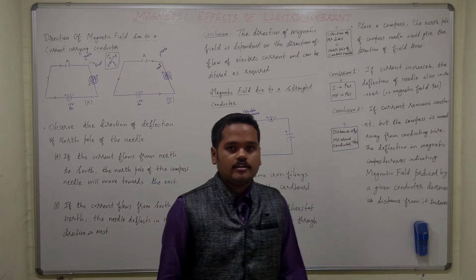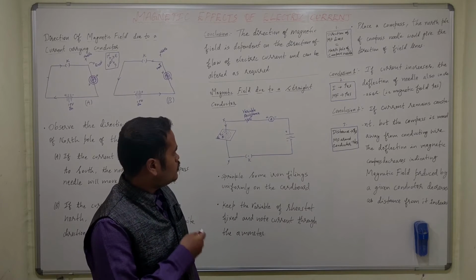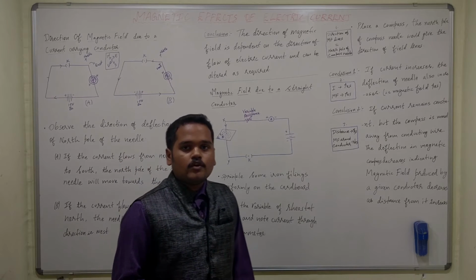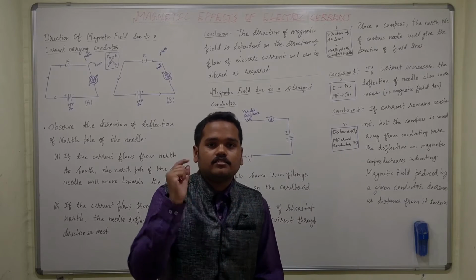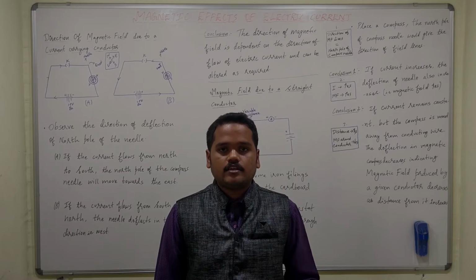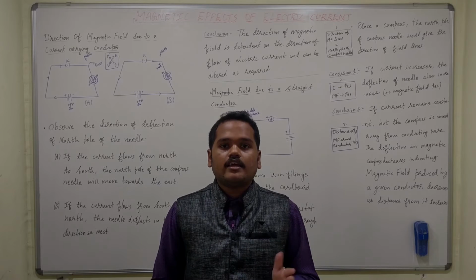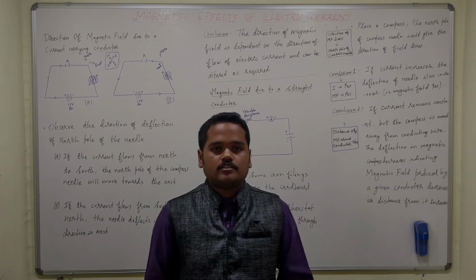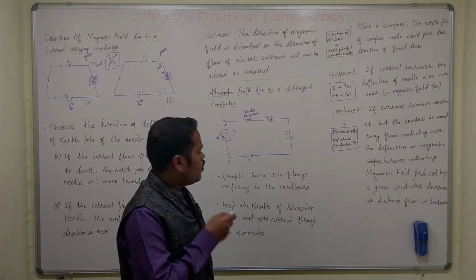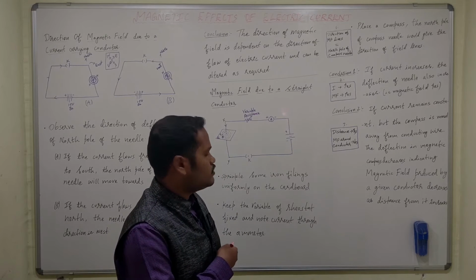We have to ensure that the variable resistance, also called a rheostat, is set. So what is this device? This is a device using which you can vary the resistance in the circuit, that is, you can either increase the resistance or decrease the resistance. In our first case, we will ensure that the resistance is kept constant. The current starts to flow, and we'll note down how much current is there by using a meter.